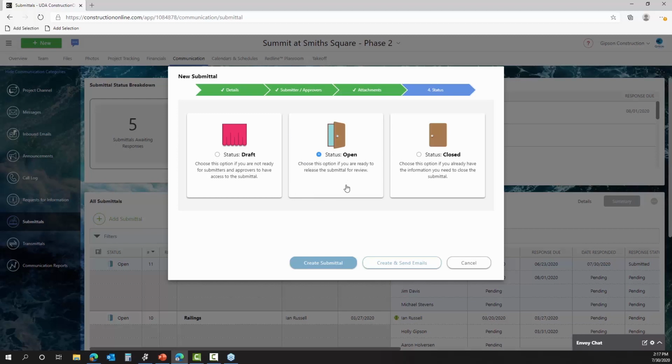So what open means, and this is going to be the most common, is we are creating the submittal and it's ready to be released for review. We're ready to kind of kick that off right now. If you need to set up